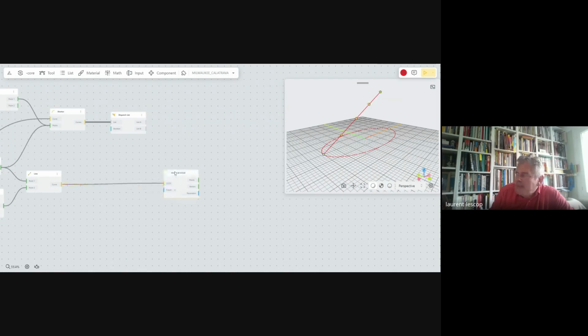So I connect my line. What I suggest when doing this kind of thing is to start with small numbers, and then you can increase the numbers. If it works with a small number, then it should work with a higher number. But to visualize the result, the best is to start with small numbers.